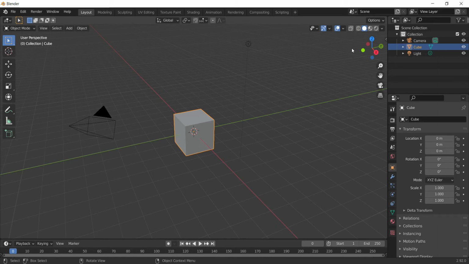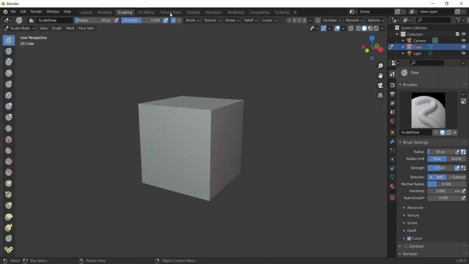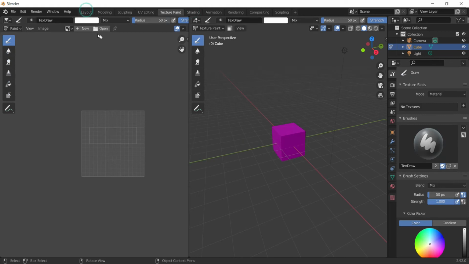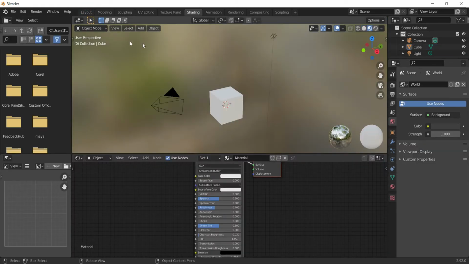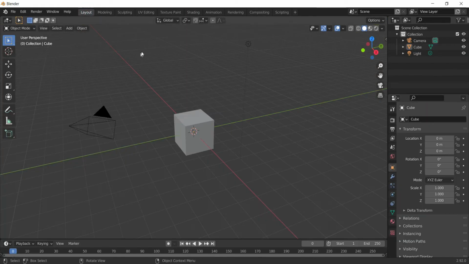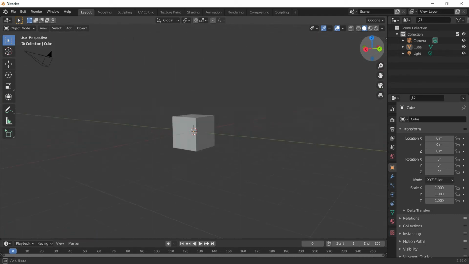Here on the top we have this info editor which also has this menu bar. It consists of different options as well as different modes which we will eventually understand going forward step by step. We'll come back to layout and then we have this bigger area in the center where we are supposed to do all the work. So this 3D space is called workspace where we will do all the work.